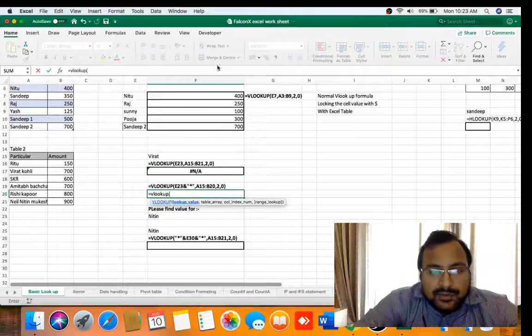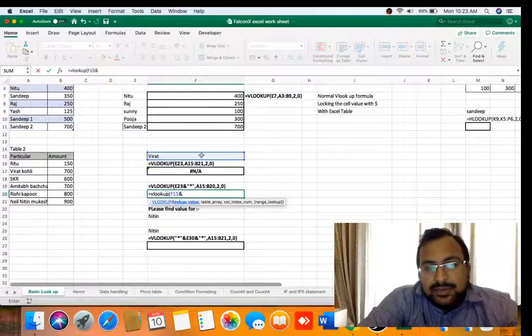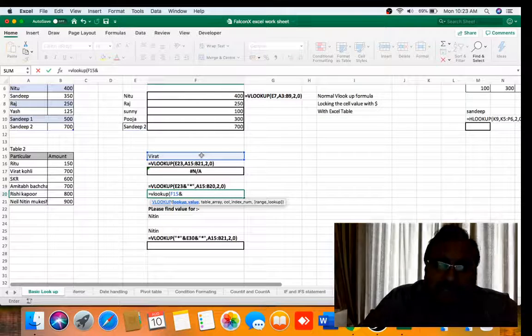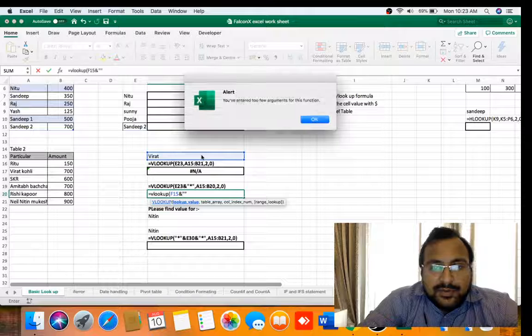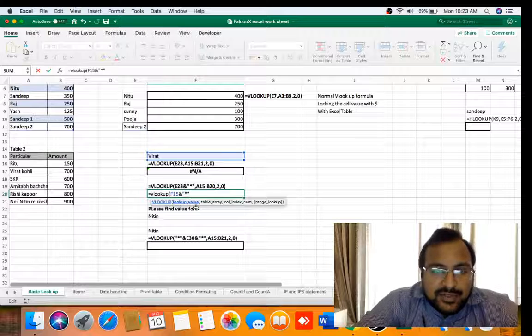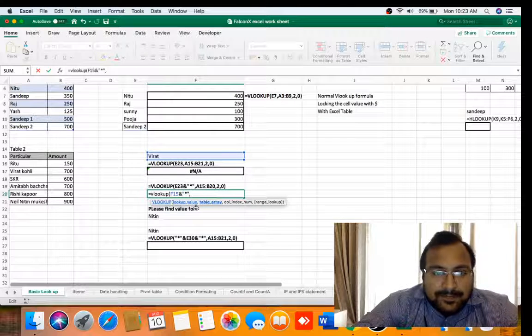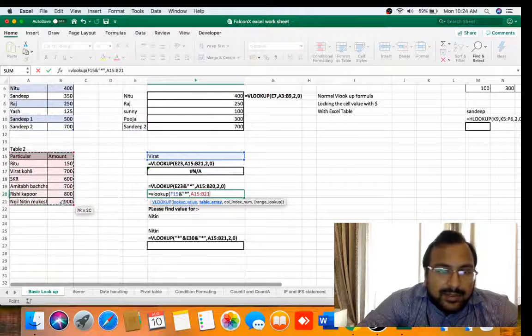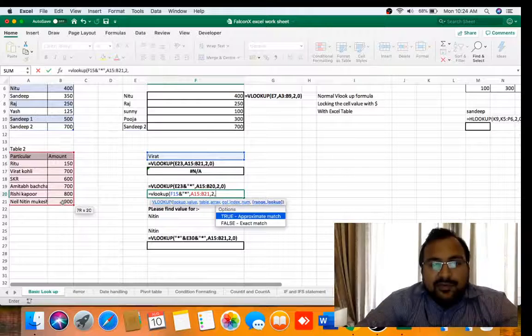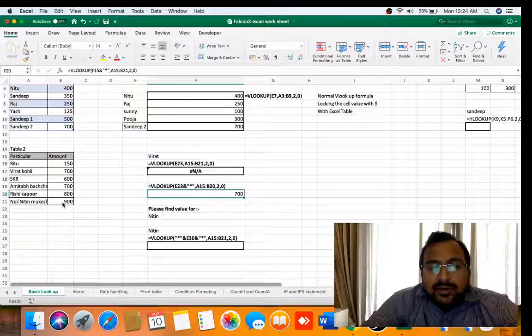So here we will use a wildcard in Excel, and the formula goes like this: equal to VLOOKUP. First the Virat value we have, then we will use the and sign. We are using the and sign because in Excel the and sign stands for concatenation, and then in inverted commas we will use an asterisk. This is the wildcard, so the system will understand that whatever value is there after Virat should be considered, comma. So the lookup value is over in the formula. Now the table array, comma, the second column we want, that's why 2 is coming, 0, enter. As you can see, we got 700.